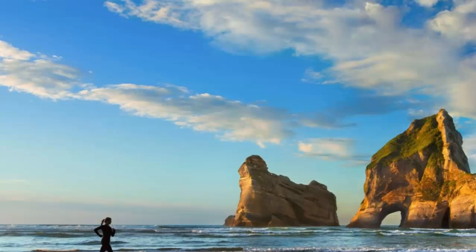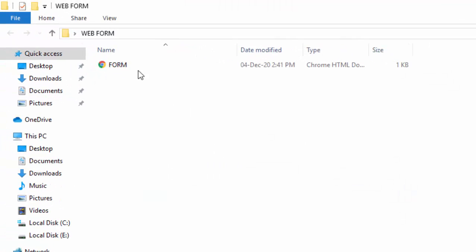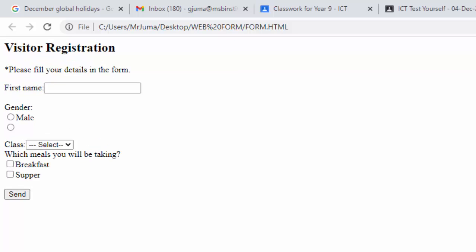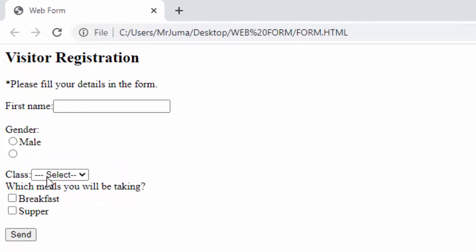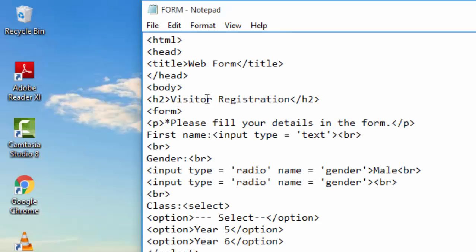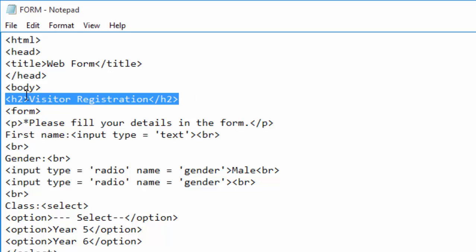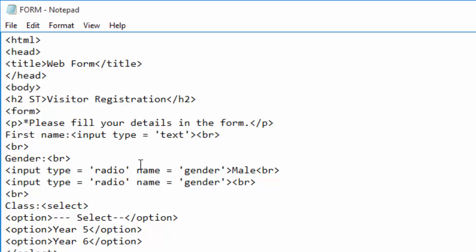And I can minimize this. Now in my folder here, I can open it, then I run. When I run, you can see here I have created a web form, which can be used to enter information and maybe register somebody. I want to modify this heading to be blue in color. I will just come to my code here and change the color of this H2 to blue. I just write here style,